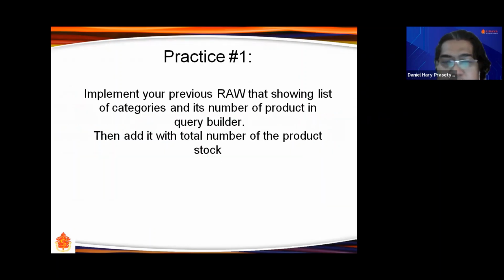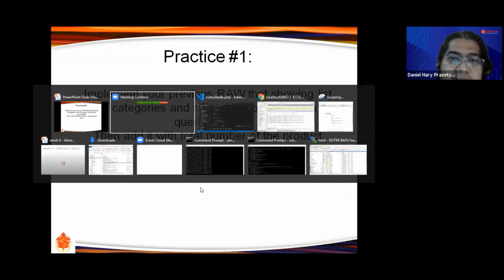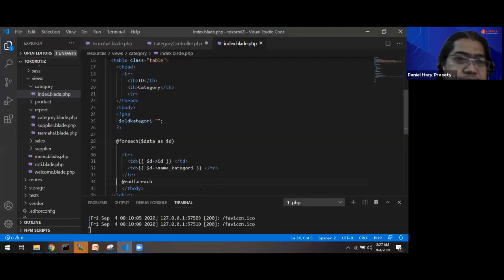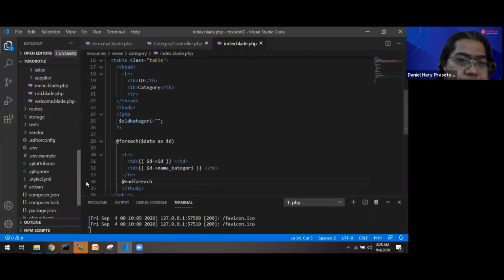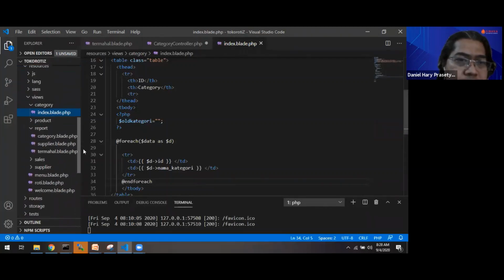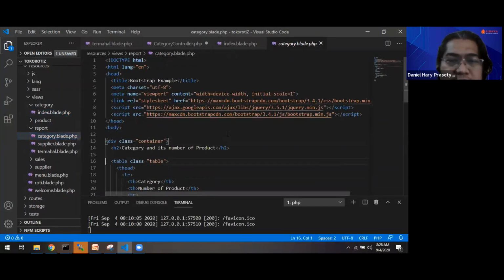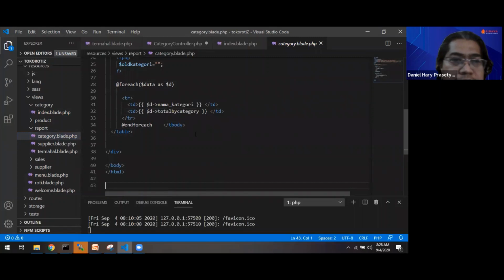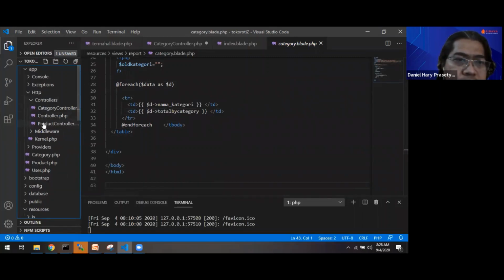Okay, we will practice our raw query in showing a list of categories. On our first practice, we use our report. Where is our report? This one, category. Sorry, in our controller, products controller.